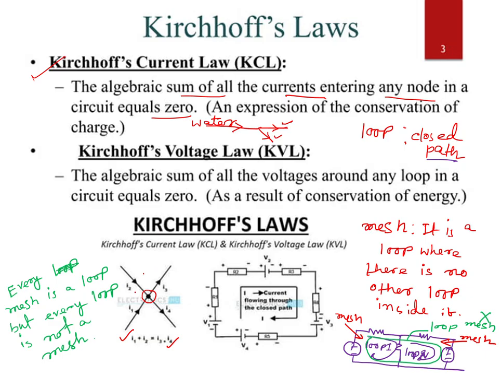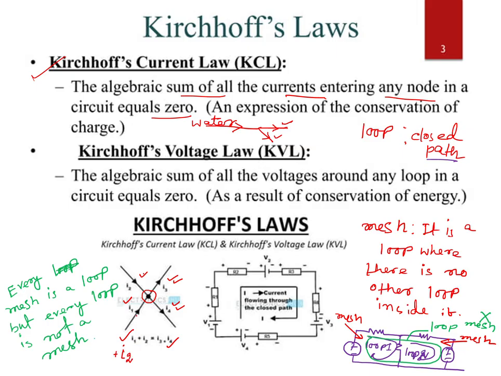Algebraic sum means, if you say current, it has magnitude as well as direction. So you see these two are in the same direction, and these are in the same direction. If I take incoming current as positive, I will take outgoing current as negative, or if I take incoming current negative, outgoing current will be positive, whatever it may be. So suppose I take incoming current positive, so it will be